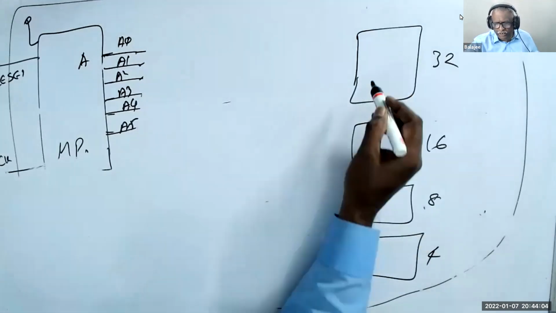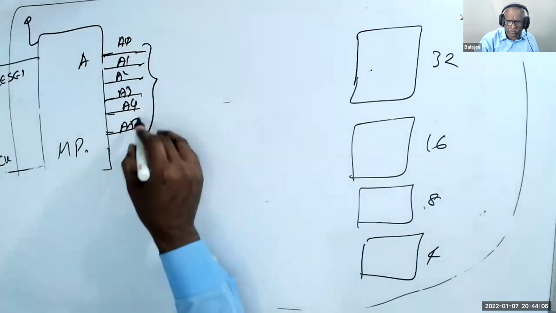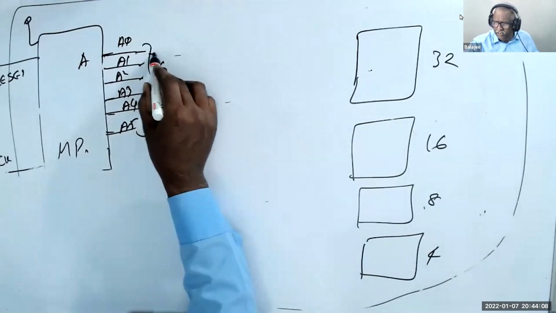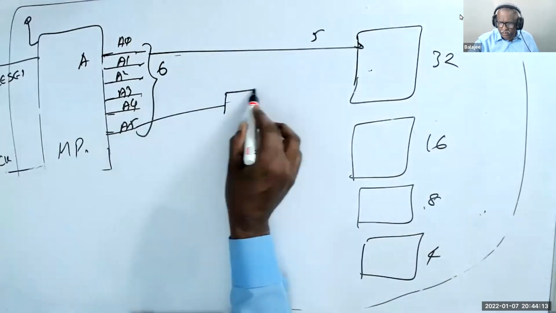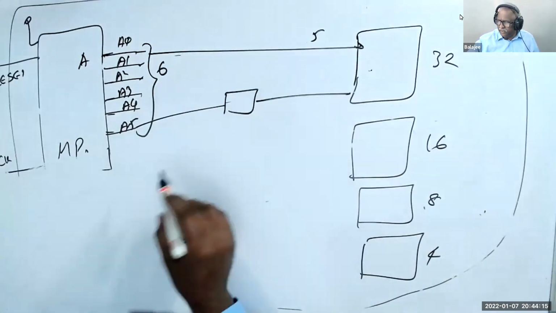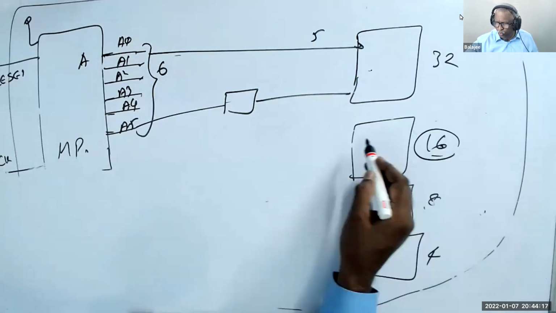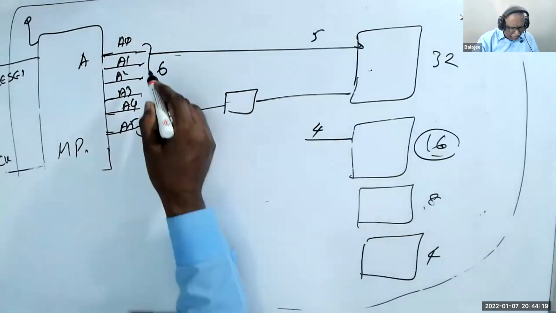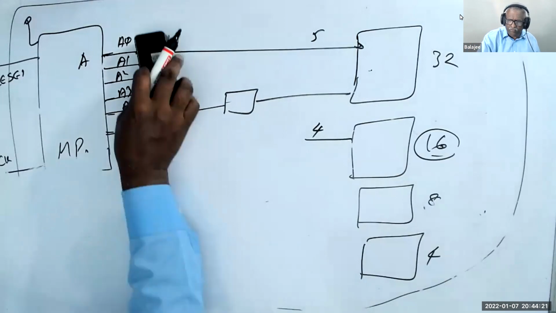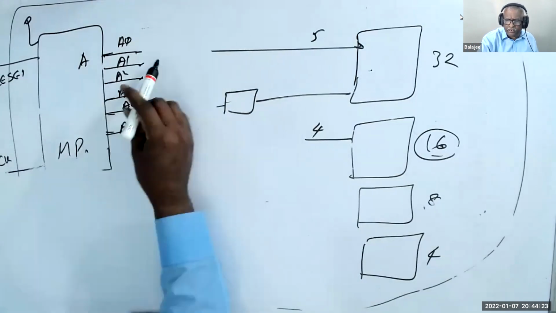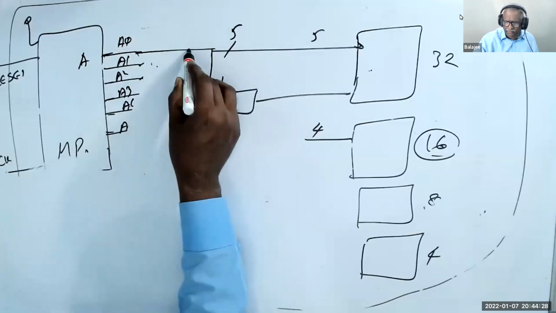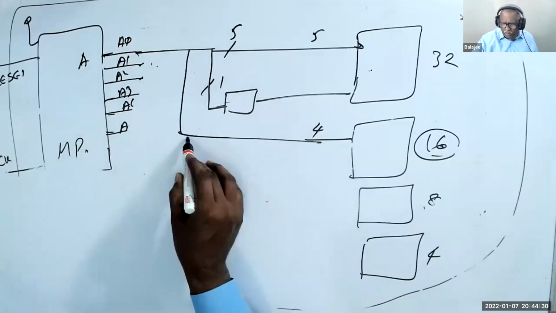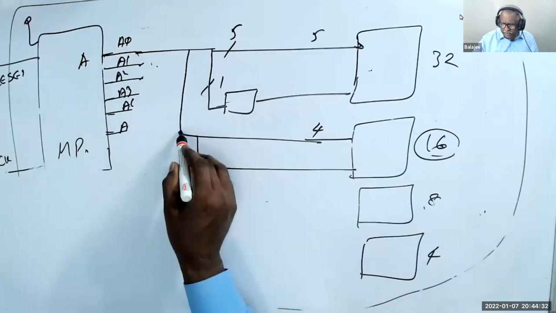In this case, how do I do that? I get 6 here. I connect 5 here. I use only one more here and connect the select. In this case, 16, 4 wires. From here, I have taken 1 here, 5 here. From here, I have connected 4 here and 2 here. From here, I have connected